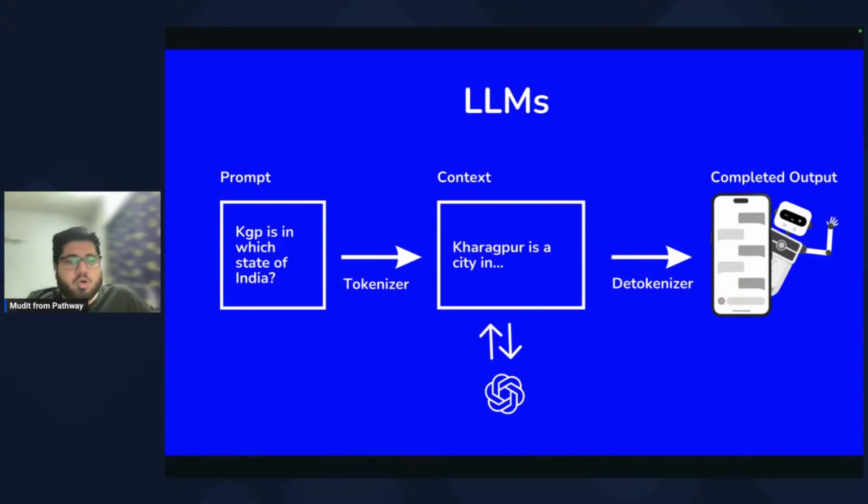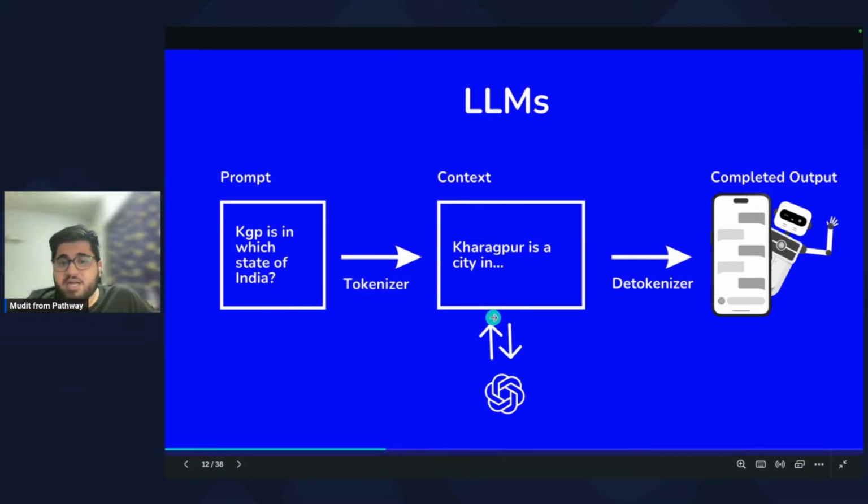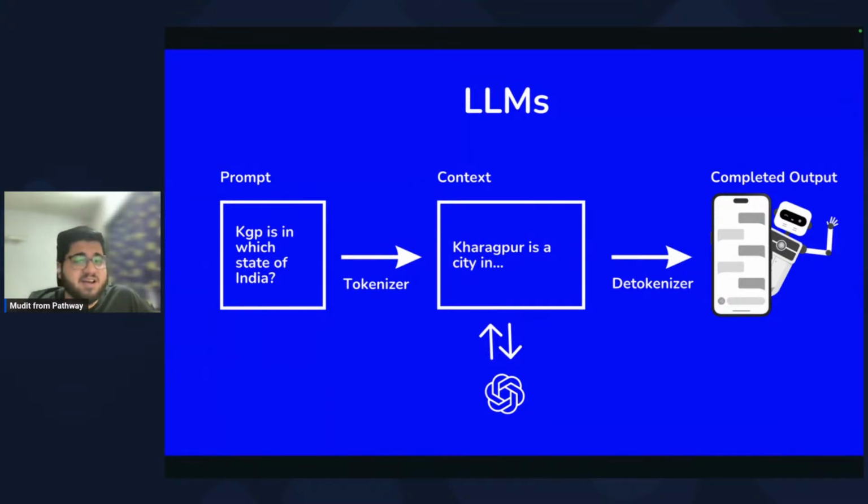So that is a very brief and superficial description of what LLMs do. But it is important to understand at this point that there are two things. One, there is the tokenizer and detokenizer. Second, we are converting this into a numerical format in which the processing is done. It is also called vectors, by the way. So if you've heard of things like vector databases, vector index, vector embeddings, it's all related, and it is nothing but a numerical representation of every word in a multi-dimensional space.